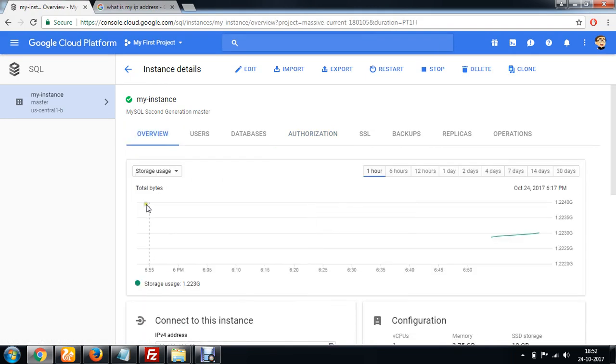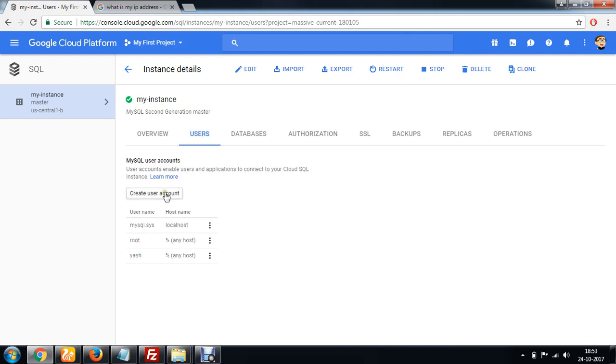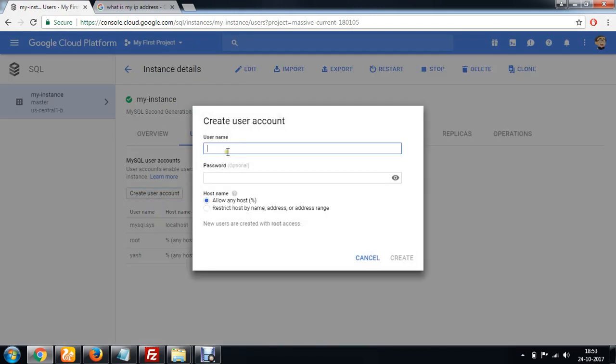Now the next step is to use the users tab, and within it I'm going to create a new user. In order to create a new user, you have to click on create user account, and I'm going to create a user named Jitendra. I'm setting the password for this user as Jitendra123, and you have to select the option allow any host.